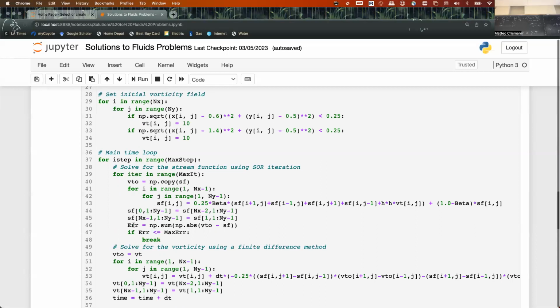So you give it a smooth function, whatever, you let it go. Okay, this is the main time loop. This is where all the magic happens. The first part here is the I step and max I step range. This is telling me how long I'm going to run it for. Let's say 200 time steps. Each of my time steps is a specific distance. You can do this any number of ways. You can do dt in 0 to 20 seconds. I don't care, whatever way you want to do it. You can copy this. This part here is the part that matters.